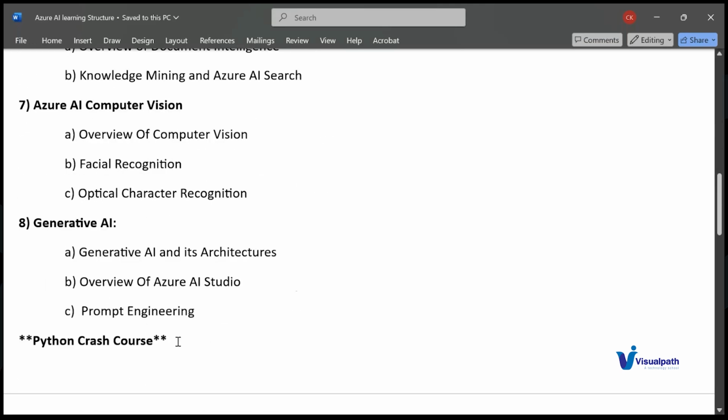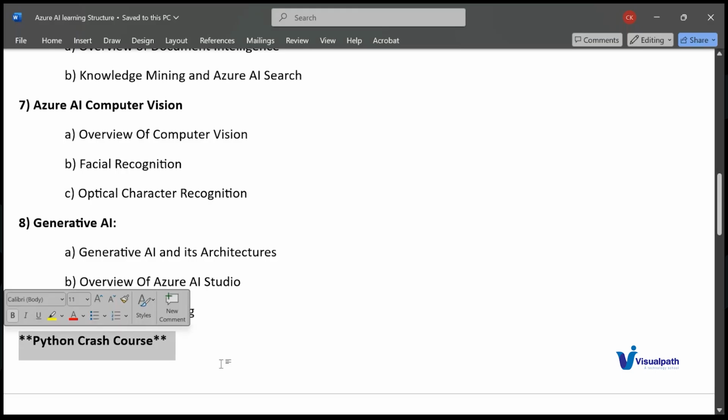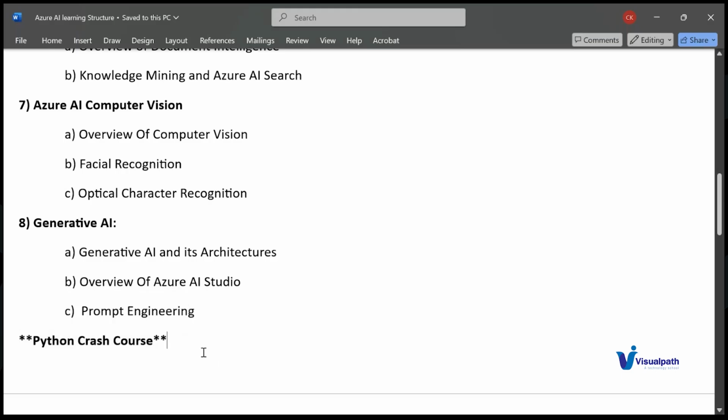So we have 1 week of Python crash course because, as I mentioned, there are many people coming from a non-technical background as well, and also a few people are not aware. Just one of our colleagues said he has experience on .NET, not in Python. So that is the reason why we brought the Python crash course. But I think that would give the basics for Python.